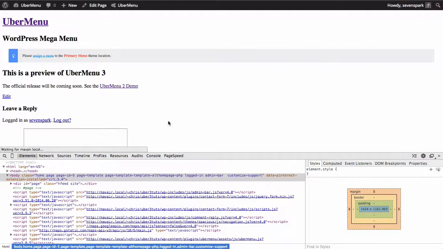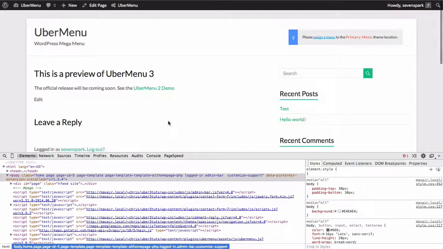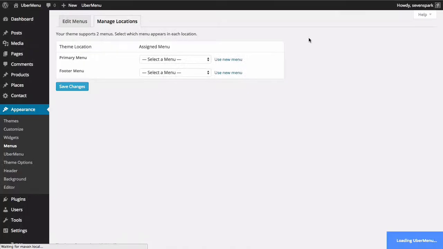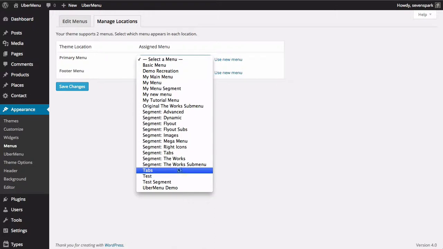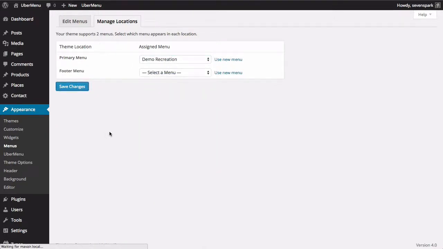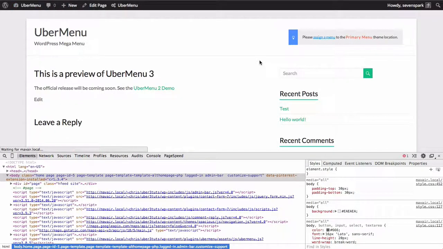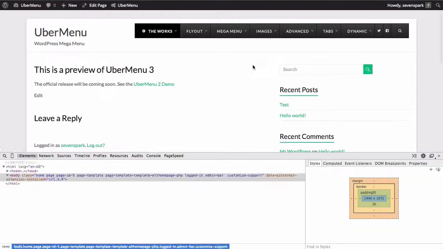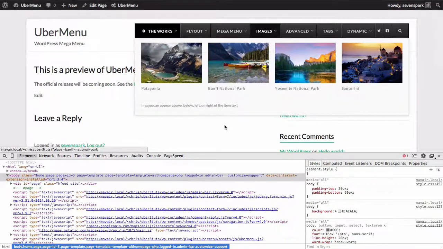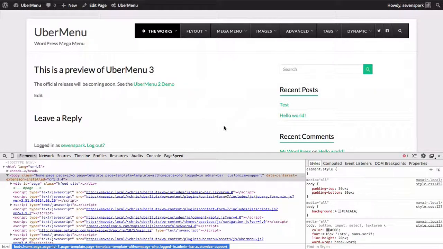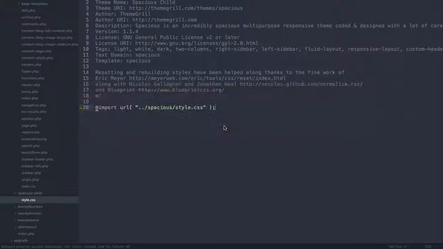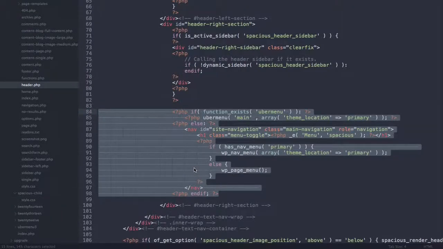Okay, now we refresh, and all our styles are back. So we want to assign a menu. Remember, when you switch themes, the theme locations are considered to be new locations, even if it's just a child theme. So we need to assign the menu again. Okay, there's our menu, and remember we already edited the parent theme's header.php, so let's just go back and undo